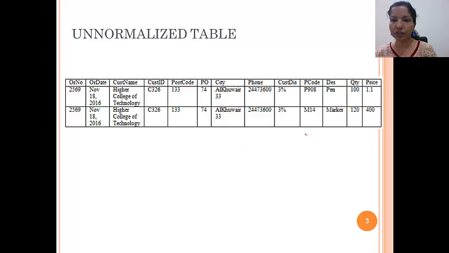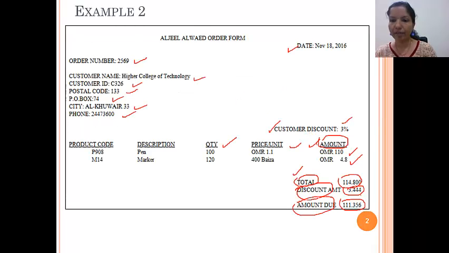So we will just include all the other attributes. Since these four attributes are calculated columns, that means you can find them out from other columns. If you want to find the amount, we can find it from these two. If you want to find the total, after calculating the amounts, we sum up all the amounts and we get the total. And if you want to find the discount, we just apply the 3% on this total amount.